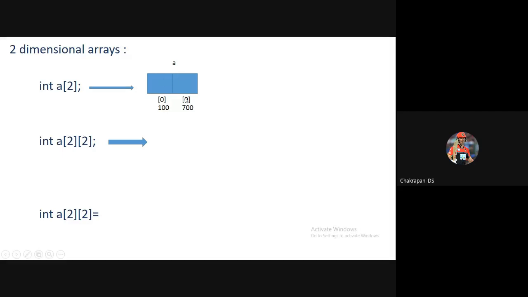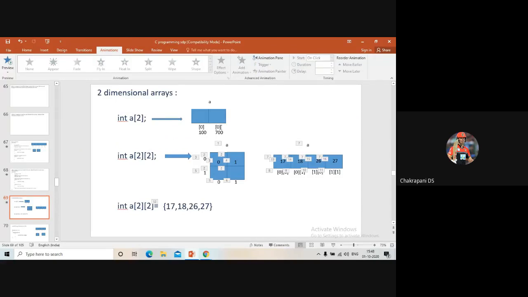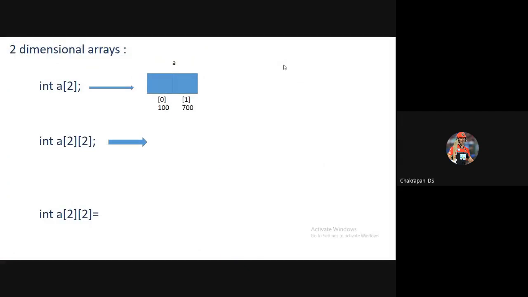Okay, so the index value is wrong here. The index value here should be 1. And even the address, is it correct? The address which I have described is not correct here. If the address of the first memory block is 100, because it is an array here, the address of the second memory block should be 102 because it is integer, or 104.